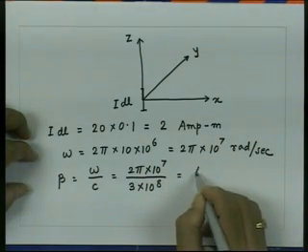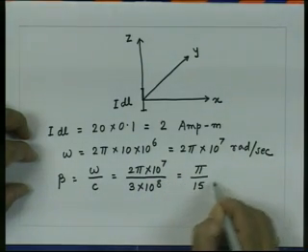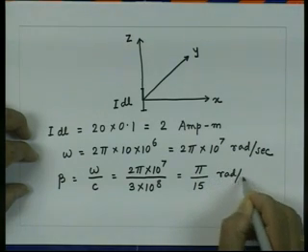So that is equal to pi upon 15 radians per meter,